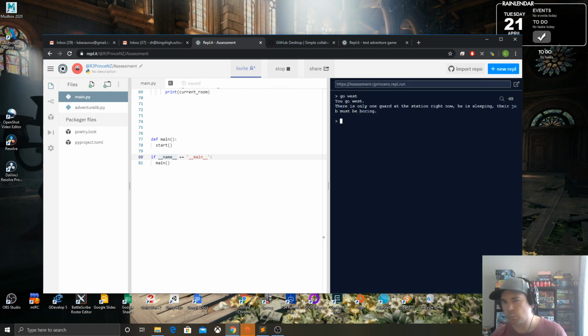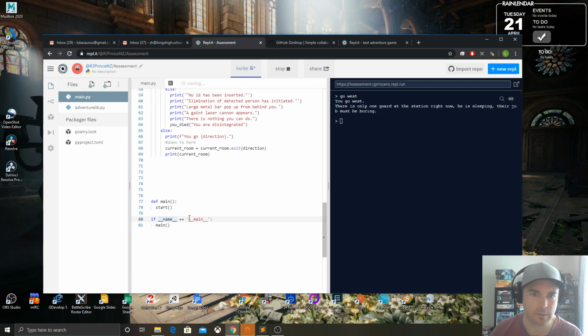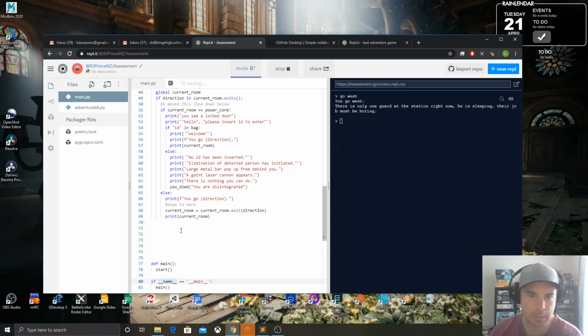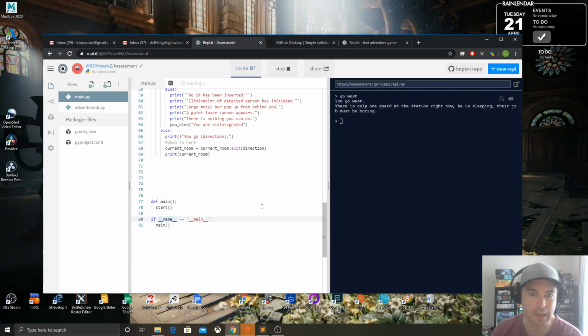There we go. It does work. That was it. You just had quotation marks around these when you don't actually need quotation marks around them. So it may work now. I'm not sure if there's other errors in there, but you don't need quotation marks around that bit because this is like a private variable in Python that keeps track of whether or not the file you're running is actually the main file that you're running or something else.